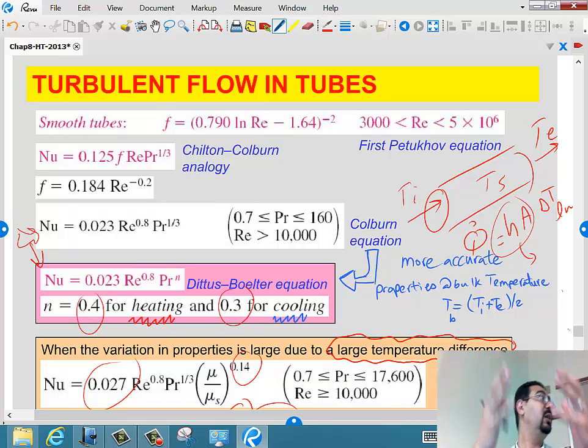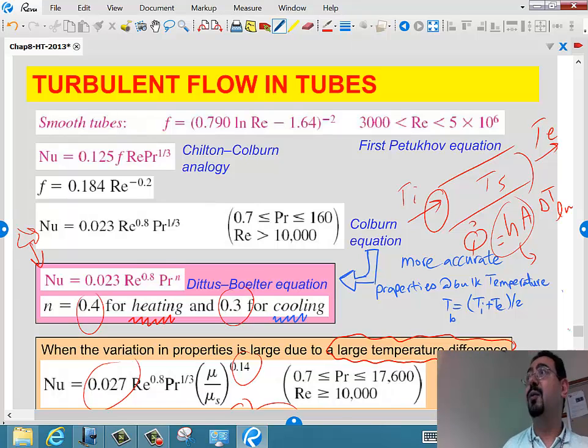All those external heat transfer problems, flow around the cylinder, flow around the sphere, flow over a flat plate, we use T-film, right? And as I told you, we don't really have a choice what to choose as a temperature. We just have to follow the recipe that they used to cook that formula, that correlation. So if the correlation says use T infinity everywhere except for mu s, use surface temperature, we do this. If they said use T-film everywhere,